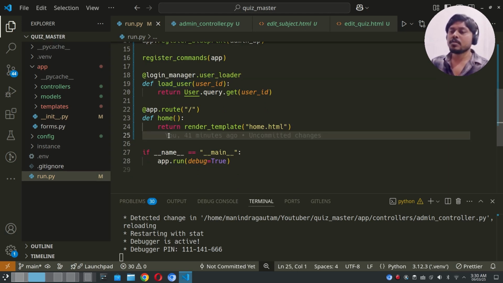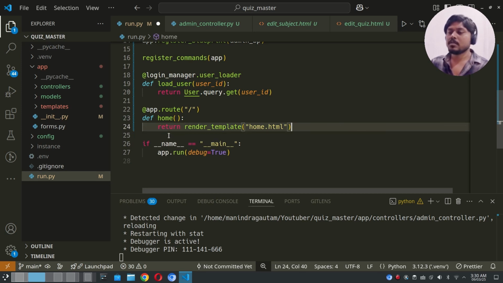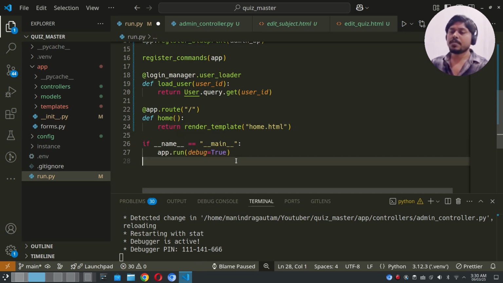And then the common route for index, and if the application is packaged, then we are running. Okay,